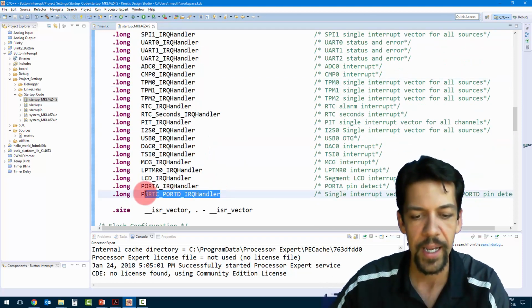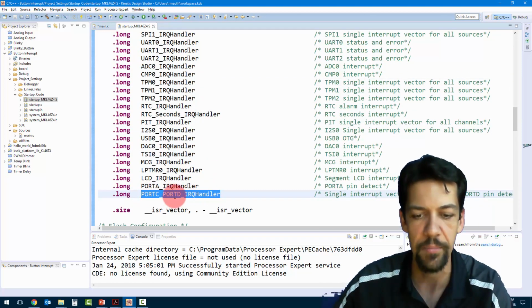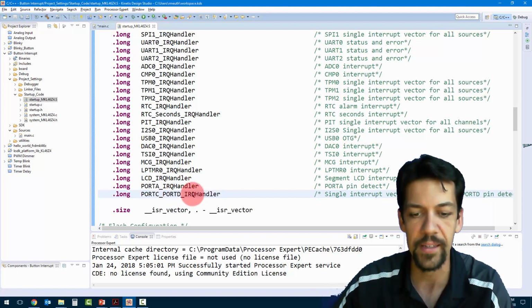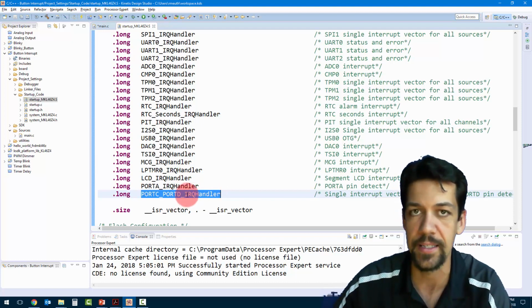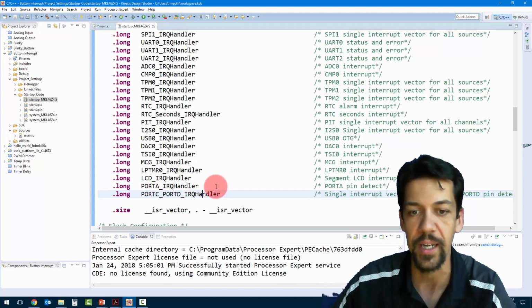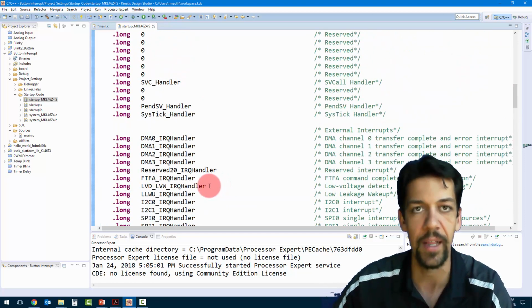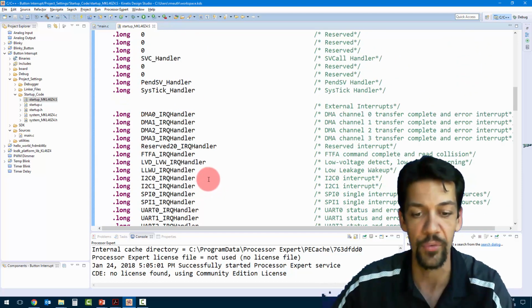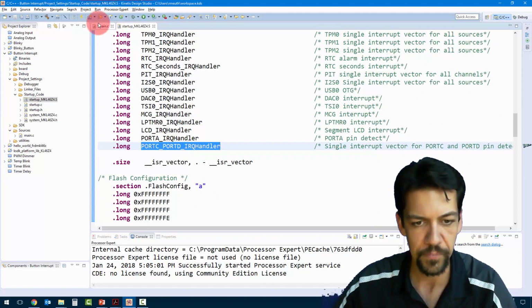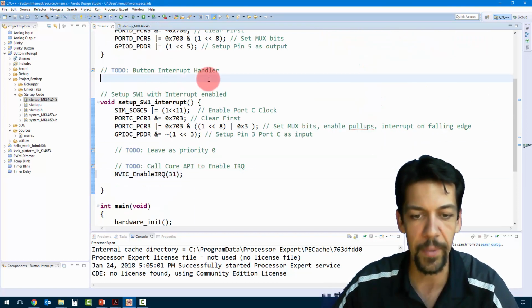And what these are is named locations in memory that are unassociated, right? So basically it's a mapping. If I define a function that has this same name, the pointer to that function is going to be placed inside this location in memory. So it's a really handy little thing here, and they've done a lot of great work for us to make this really easy. So all I have to do is copy this name,